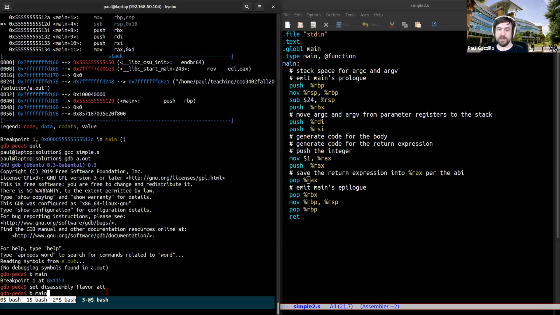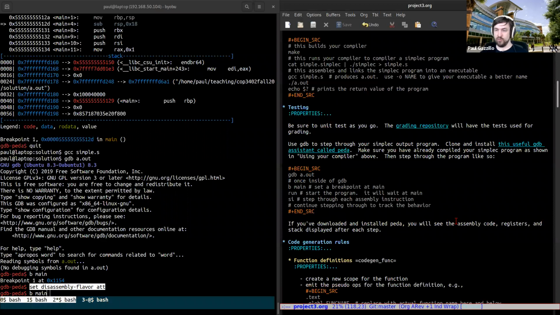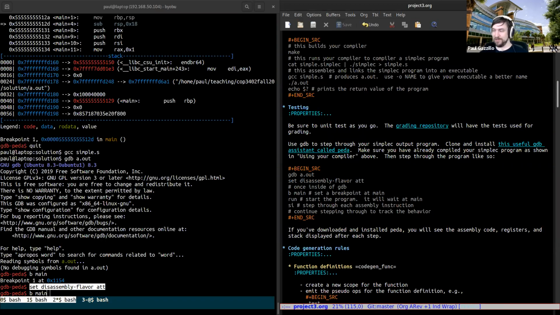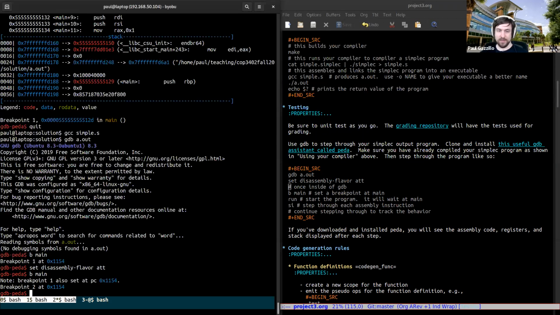So sorry, give me 1 second. I want to enhance these instructions a little bit more. I realize that this is in Intel syntax, which is going to be royally confusing. The syntax is going to be different. So let me update the instructions to do that. Breakpoint at main,